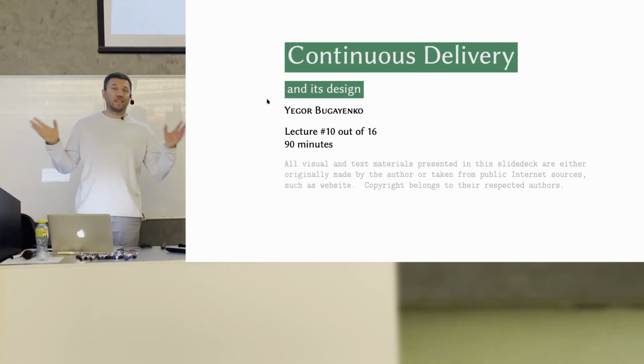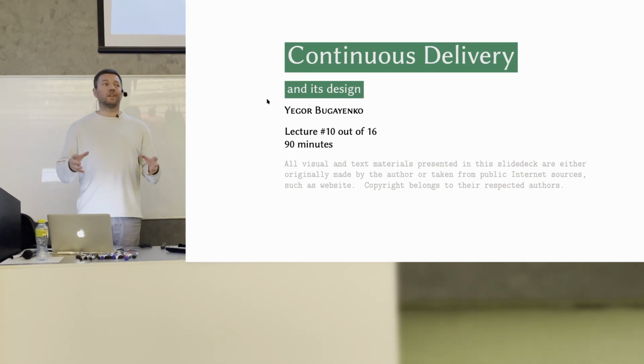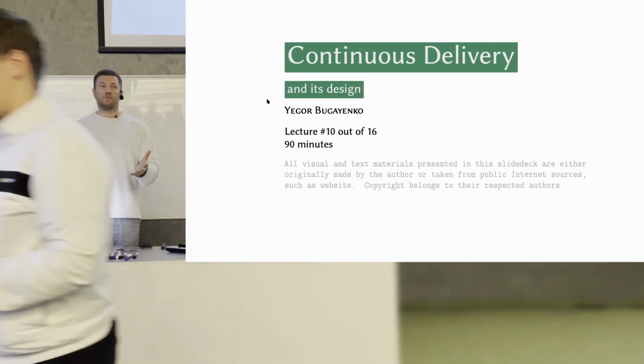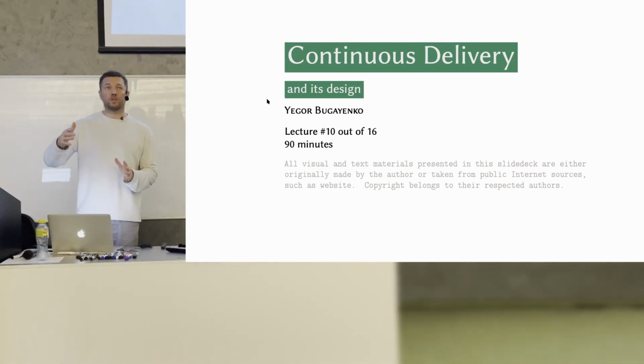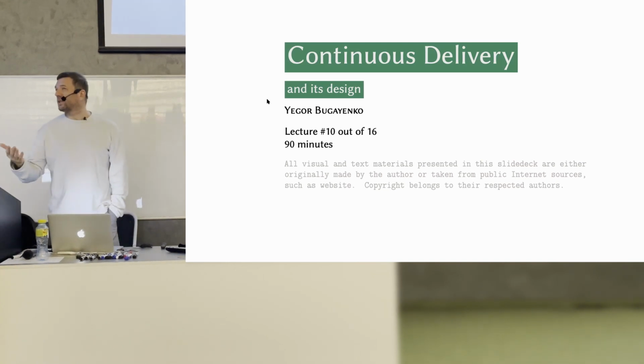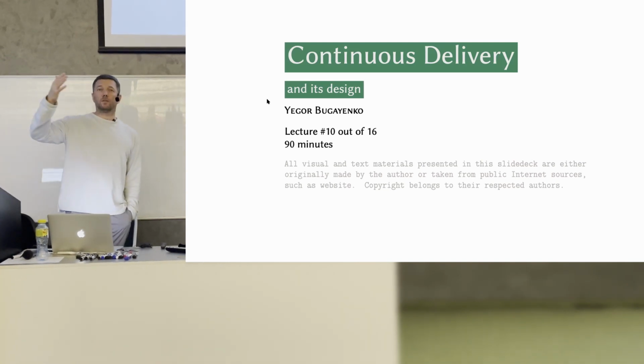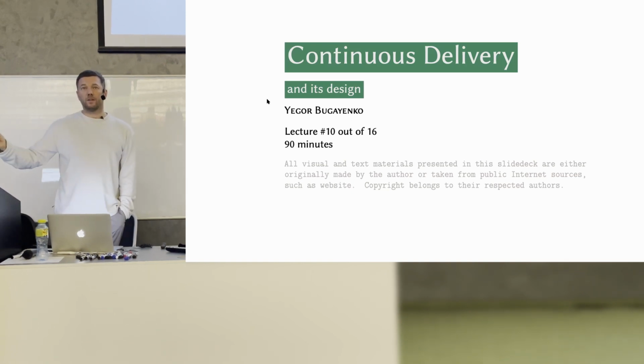Continuous delivery is the concept, along with continuous integration. We're going to talk about both. But continuous delivery means that you deliver your product to your customers automatically. So it's not like every time you think, how would I do it? What do I need to do? You have an automated process of delivering your product to customers. That's the idea of continuous. I don't even know why it's called continuous, but it probably means that you do it once, then again, and again. It's easy, it's automatic. It's like a conveyor where you deliver in one click, basically.